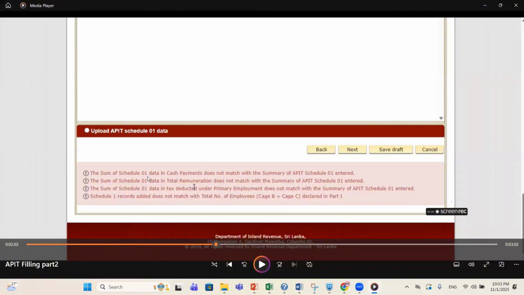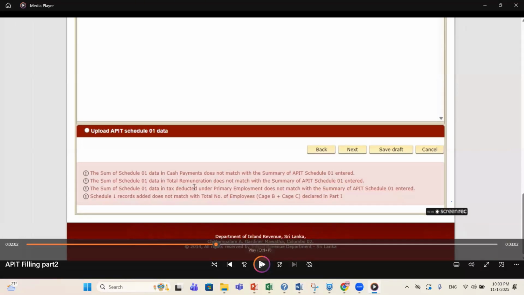See, it says the sum of the schedule 1 data in cash payment does not match with the summary of APIT schedule 1 entered. The sum of the schedule 1 data in the total remuneration does not match with the summary of the APIT schedule 1 entered. The sum of the schedule 1 data in the tax deducted under primary employment income does not match with the summary of APIT schedule 1 entered. The schedule 1 records added do not match with the total number of employees, right?